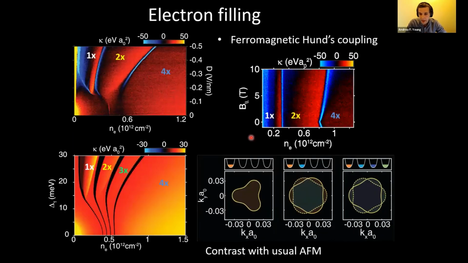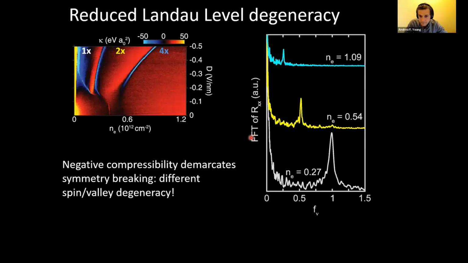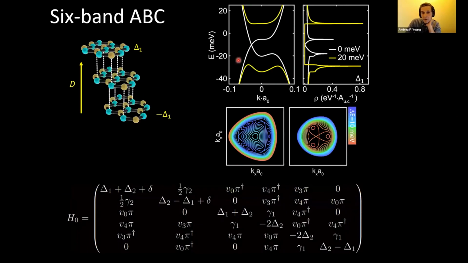Okay, at 0 displacement field, sorry, let me find the right. At 0 displacement field, the valence and conduction bands are connected in the single particle picture. Actually, we do see some kind of gap state there. That's a many body effect. You can't even see that on the plots that I'm showing you of the data because that's happening at very small displacement fields. As soon as you apply an electric field, these bands gap out because